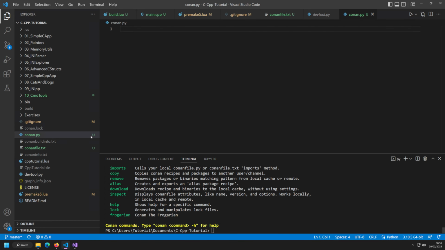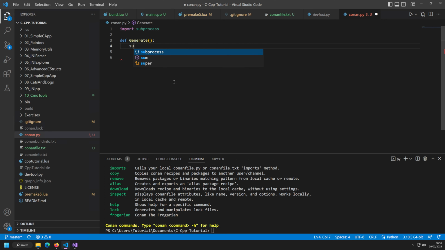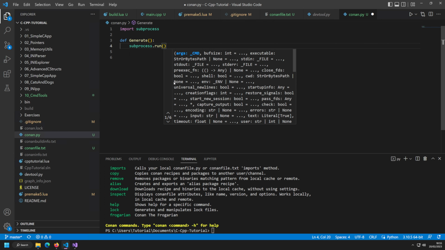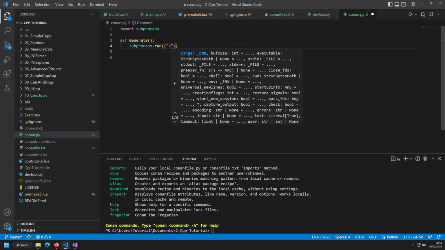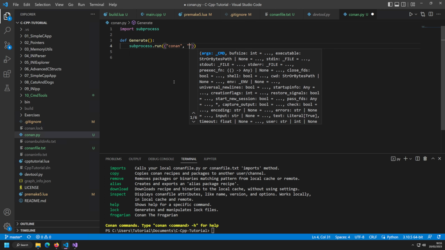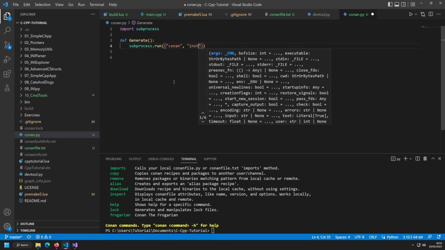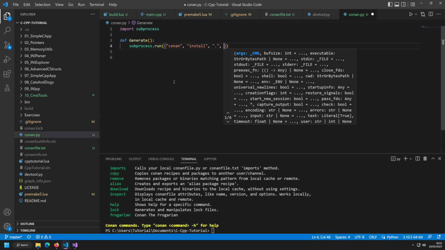All right, so what this conan.py file is going to do is define a few functions. First of all, let me import subprocess again, and I want to have a main function. I want to call this one generate. So this is like the conan generate function that should generate my conan dependencies. Now, the first thing that I want to do is something like subprocess.run, and subprocess.run is going to run my conan command, and the arguments for conan are going to be install into the current directory with,